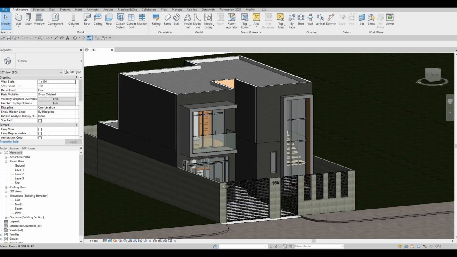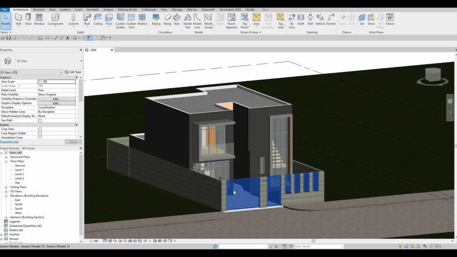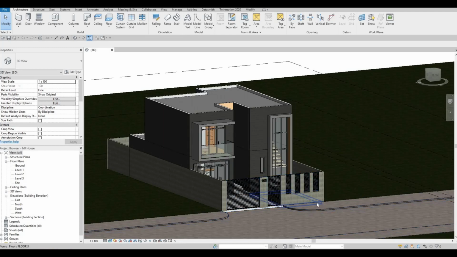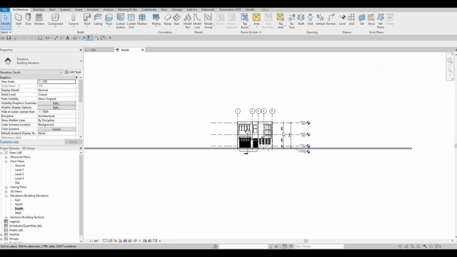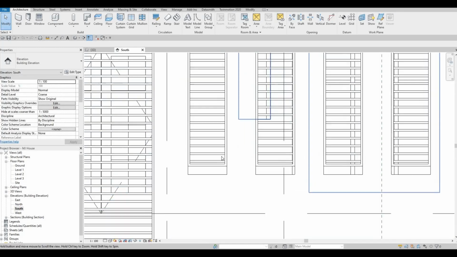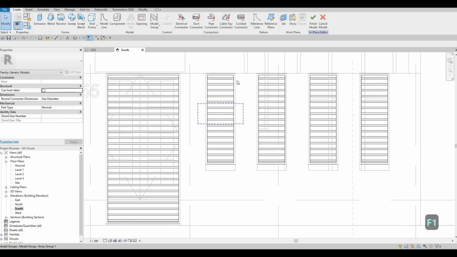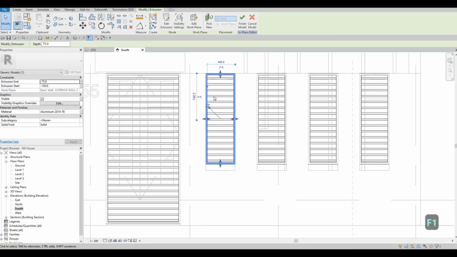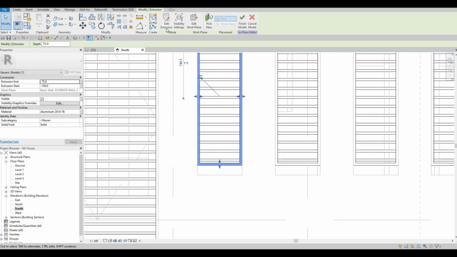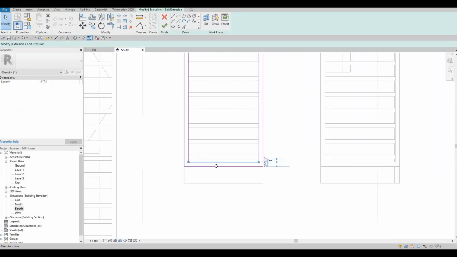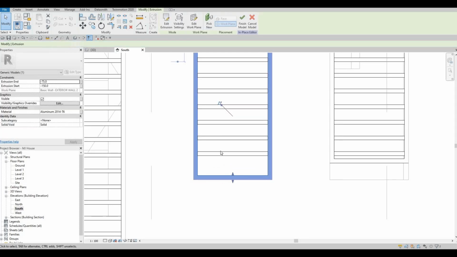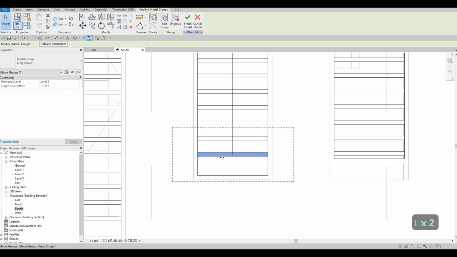So in the previous video, we finished the modeling. Now, what I'm planning to do is add in some information right here, but we want to go to south elevation first. I want to fix something. I want to fix this one. So I'm gonna select that, edit in place, and then I'm gonna select one of these, and then I'm going to edit extrusion, and I want to move this one all the way down, and then click on finish,